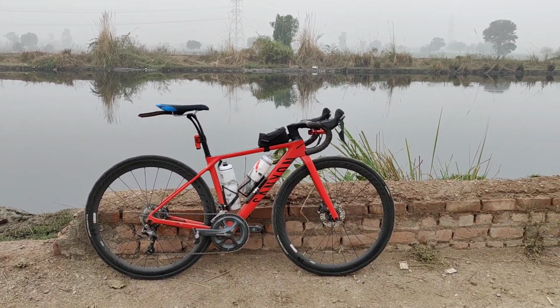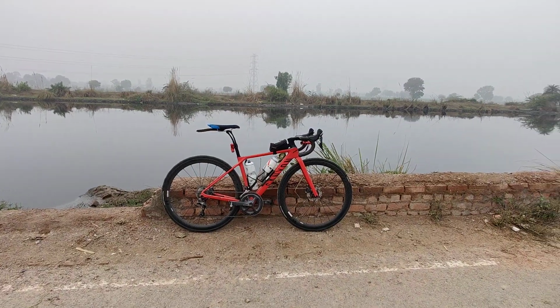I've been very happy with this bike. And just to share,